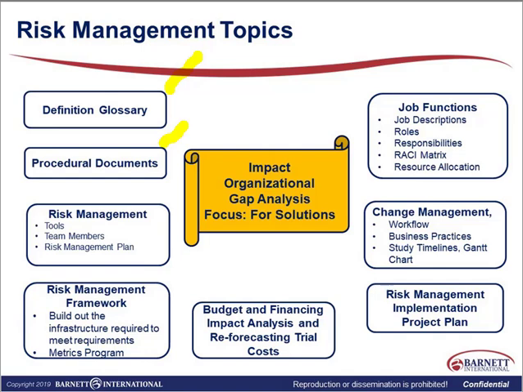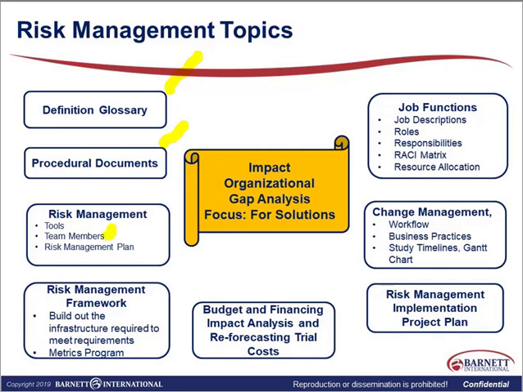Also, that your procedural documents show the changes. And that goes all the way through, starting with your glossary, any principles, procedural documents such as your SOPs, working instructions, whatever you guys call them, any risk management plans that you have in place, any team members,